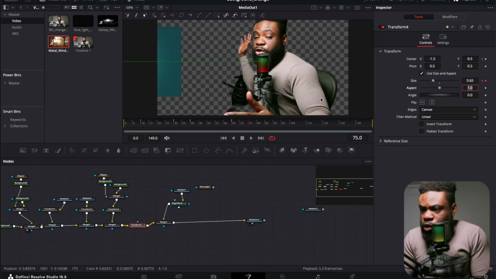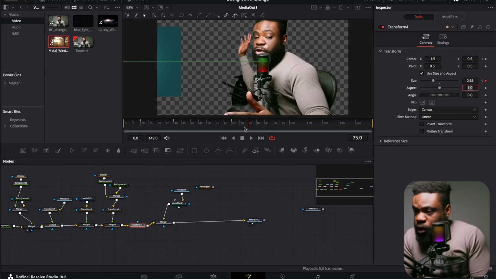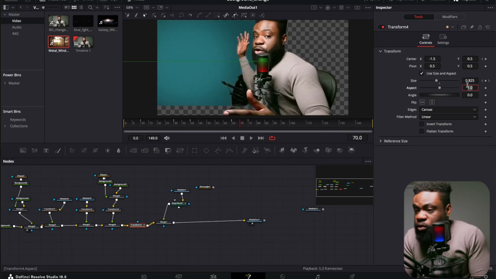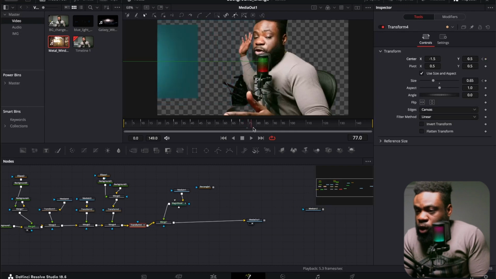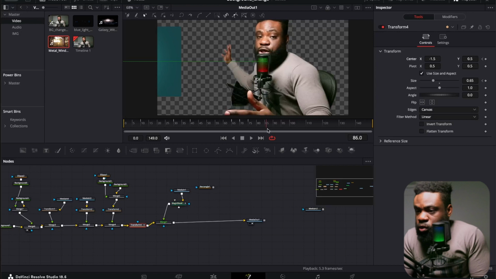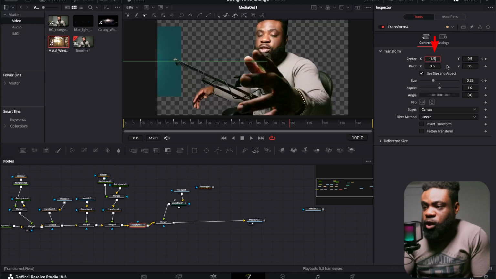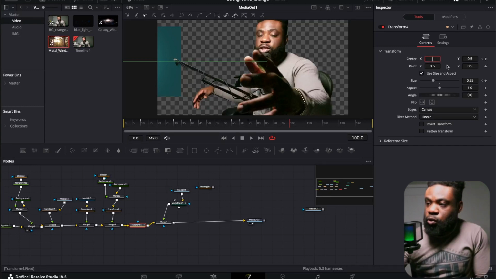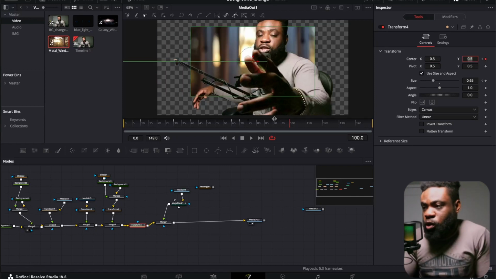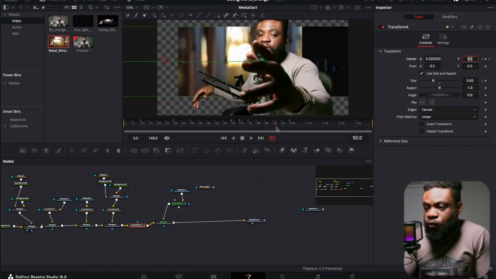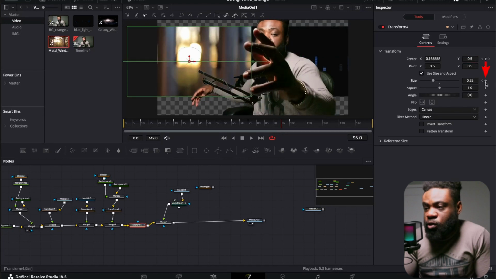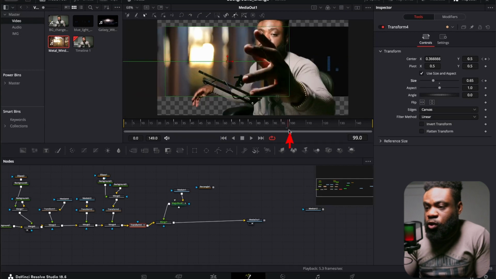So that's cool. This time around, I'm not going to stop in the middle. I'm going to put the animation from 70. We're going to animate the center, and let's make it to 100. Then we are going to change this back to the first one that we had, which is 0.5. Boom. Then from 95 with the size, we're going to select animation for the size,